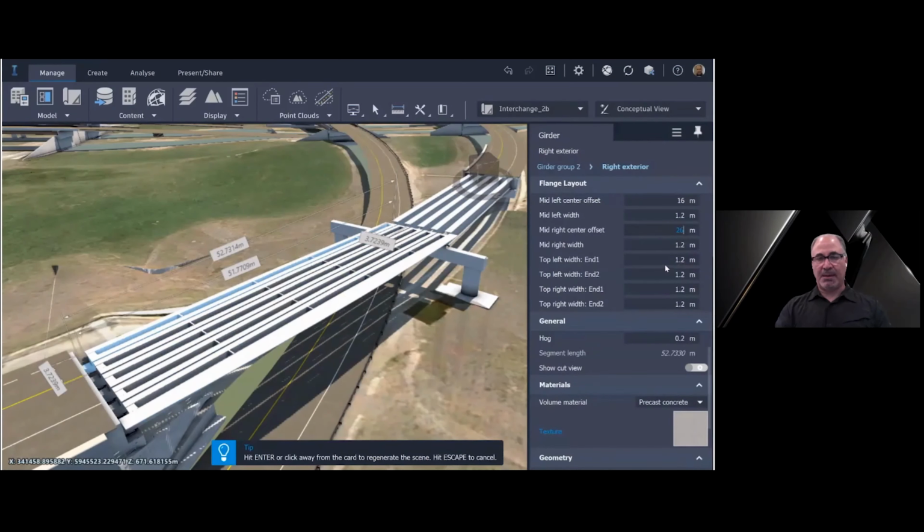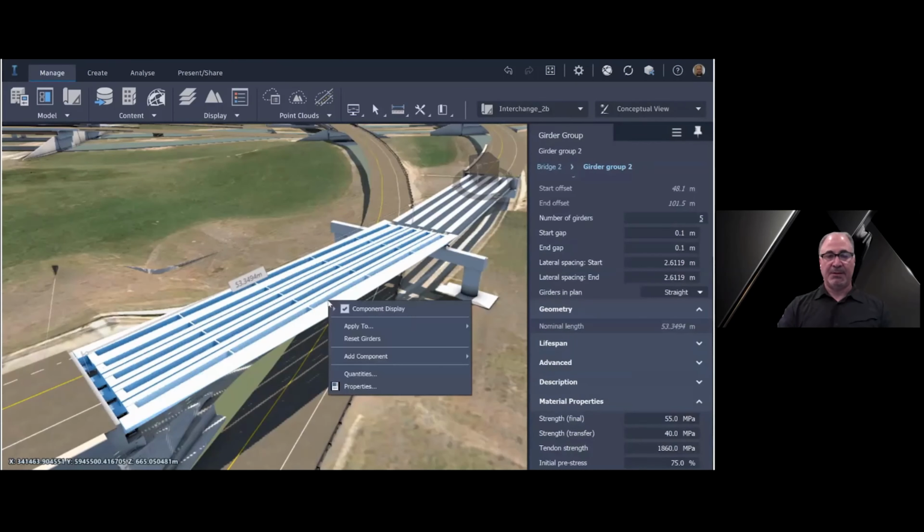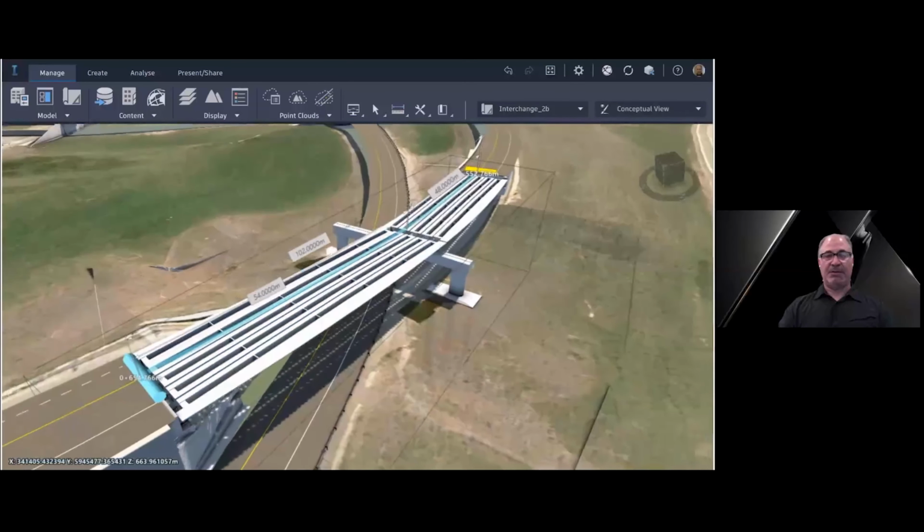So again, modeling this type of Super T bridge, or your own variation requiring more complex girders, is not that difficult when you leverage the new 3D girder option. Again, it's all integrated and linked to the geometry of the piers and abutments. So here, once we have one span, we can quickly just assign it to the next, and they will dynamically adjust if the spans are different lengths and so on. Again, the InfraWorks workflow is meant to allow the user to interact directly with the model and quickly make changes.